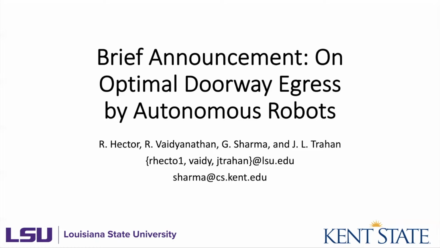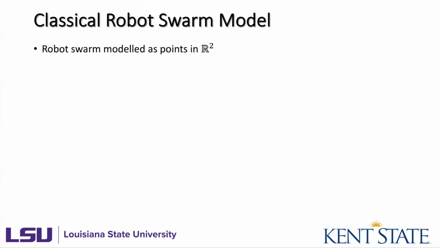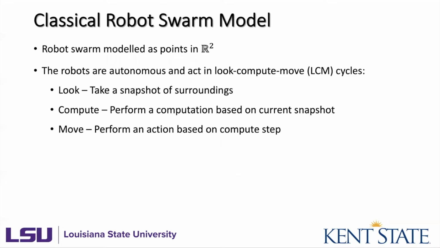My name is Rory Hector, and I'm going to talk about our brief announcement paper on optimal doorway egress by autonomous robots. So the classical robot swarm model typically considers the robot swarm to be modeled as points in the two-dimensional real plane. The robots are autonomous and act in look, compute, move, or LCM cycles, where a look means